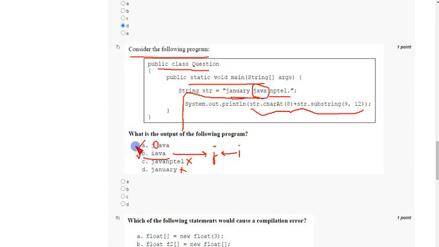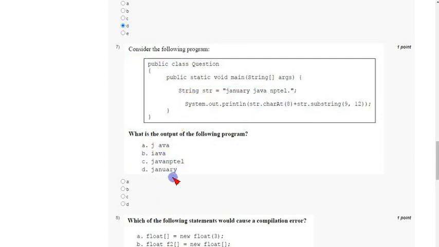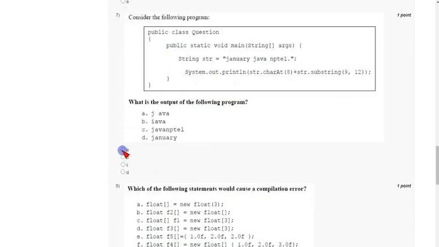But I am going with option A only. It depends on your thinking, so you can choose on your own, but I am going with option A. The output is Java itself, but they have given two different representations. I don't think either is exactly correct, so I'm going with option A anyway.